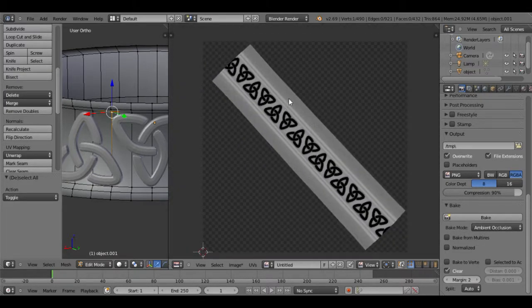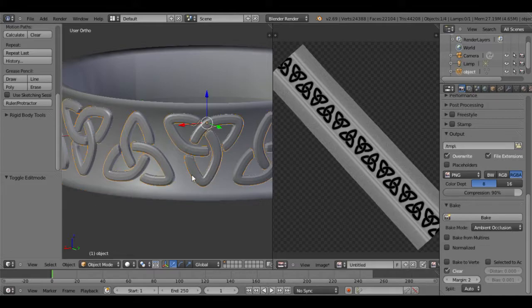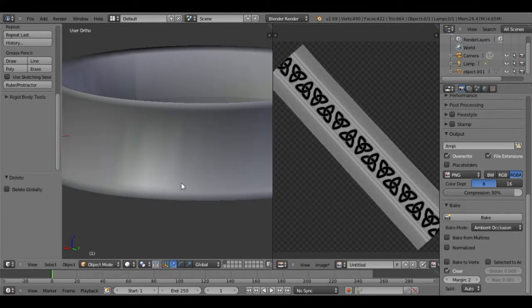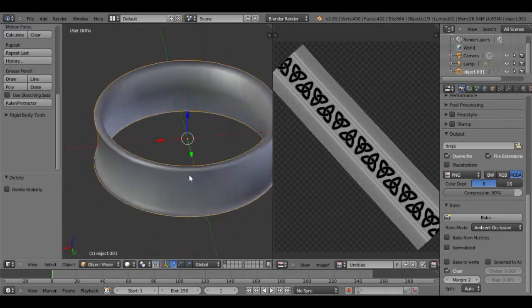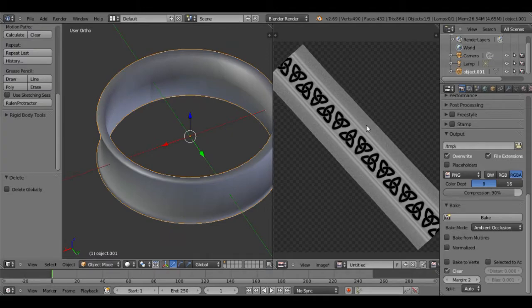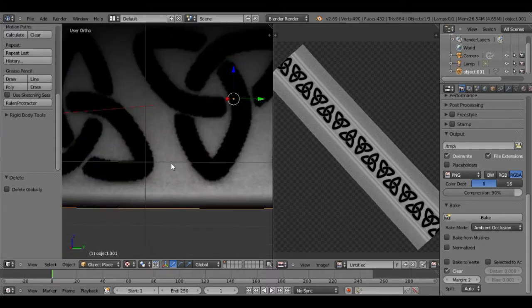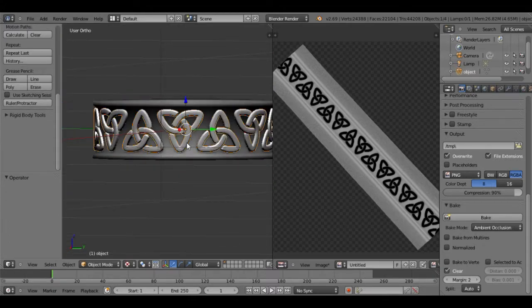Perfect. Now that we got the texture, we can now officially delete these, which were 25K. That's a huge poly count for Sims. There we go. So, that's better. Now, we can actually see what this looks like on here with the texture. Now, like I said, I wanted to fix the grainy,